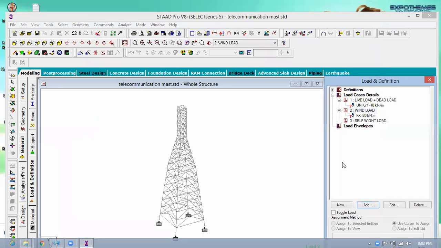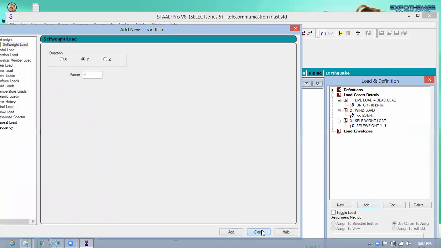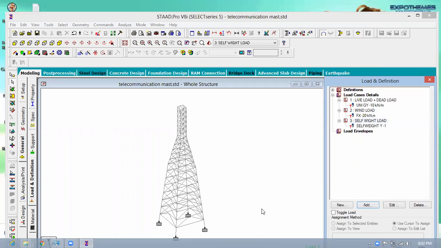So I'm going to say self weight. I'm going to click on add self weight. It's under self weight. So the factor is 1. I'm just going to say add. So it's going to make sure it's added the self weight. I'll say close. So now having generated our load cases, the next thing